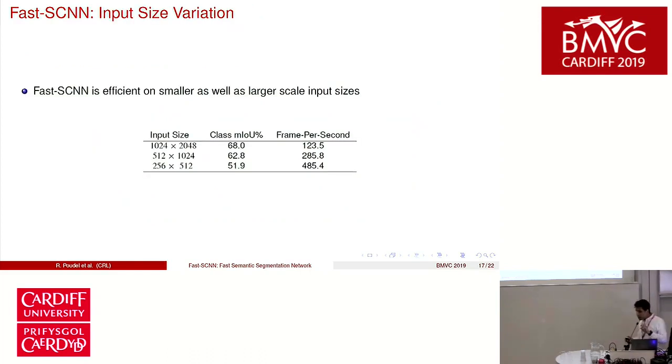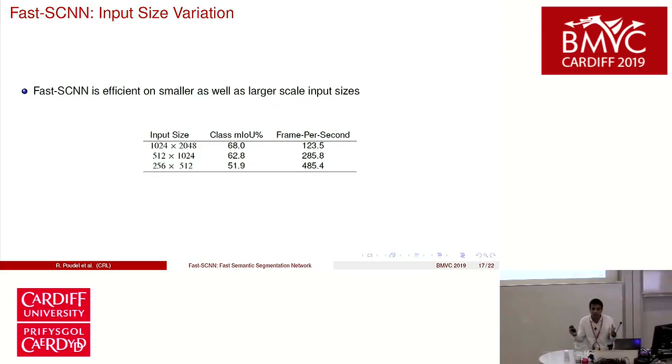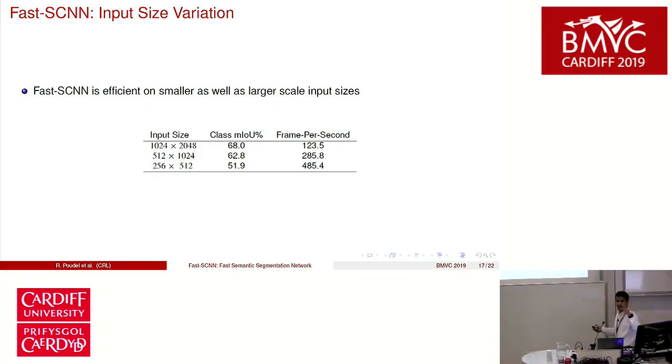And one more thing, I'm pretty sure you have noticed, if your image resolution changes, then we need to redesign our network, right? That's a problem, we all know. But Fast-SCNN, I would like to emphasize, really works equally well with small resolution as well as big resolutions. If you see this standard normal, it's very tiny, like these embedded devices, if you try this, you almost get 500